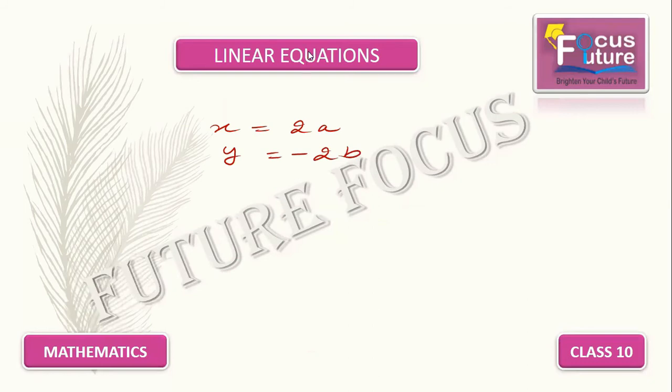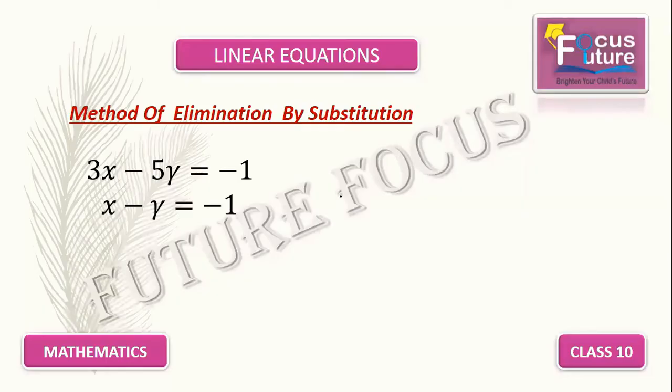Now let us understand one more problem on the same method. So this is our next question on method of substitution. Same method. Take this as equation number 1 and this as equation number 2. So from equation 2 you can easily calculate the value of x. You just have to check which is easily comfortable to you to derive the value.